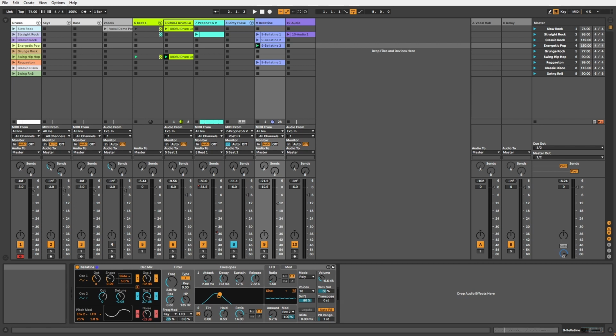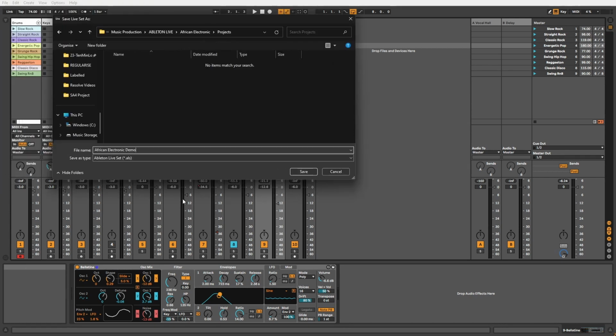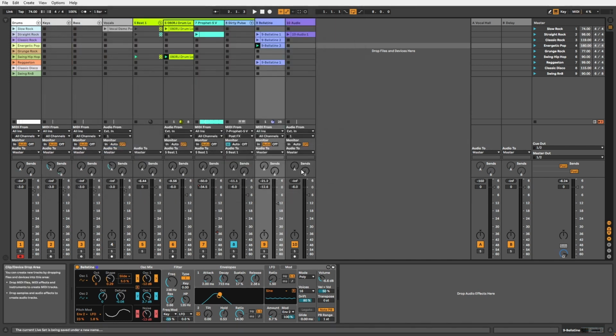And so finally, we're on to the saving and exporting capabilities of Ableton Live. When you save a Live set, it saves everything it contains, including clips, their positions, settings, devices, and controls. So if I scroll over to the menu section, click on File, and Save Live Set. Over here, I'm just going to save it in this Live project, African Electronic Demo, save,